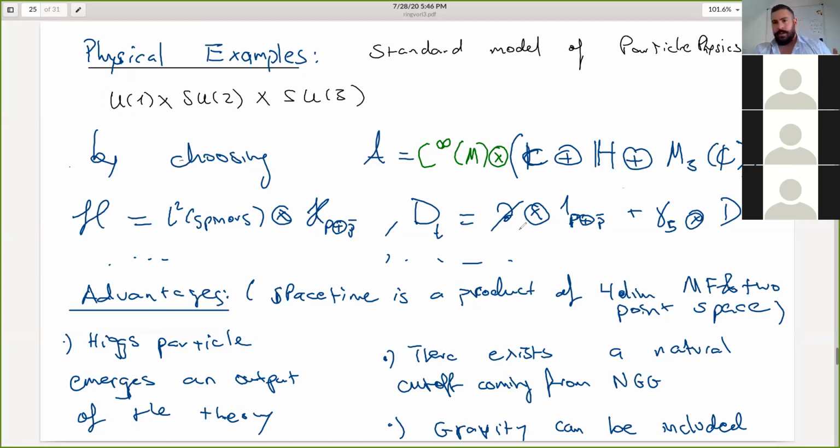The advantages of this non-commutative model in non-commutative geometry are many, in a sense. Let me say three of them. First of all, the Higgs particle. I'm sure all of you have heard by now of the Higgs particle, which was recently discovered, and it's a very important piece of the puzzle for this standard model. And basically, if I may put it very simplistically,